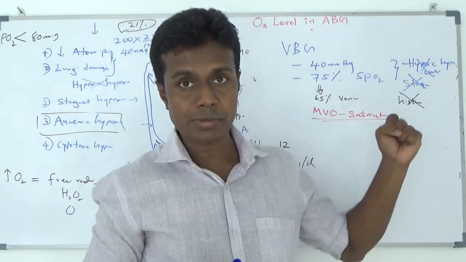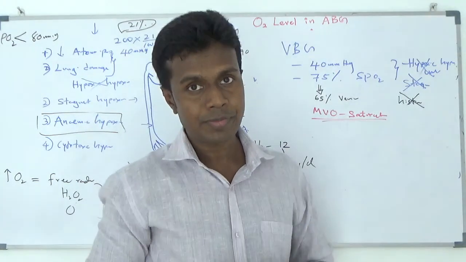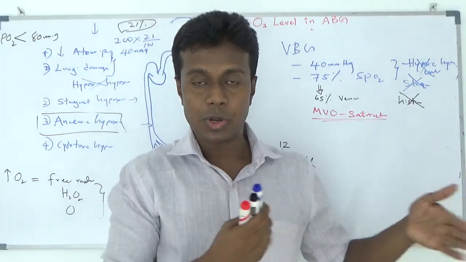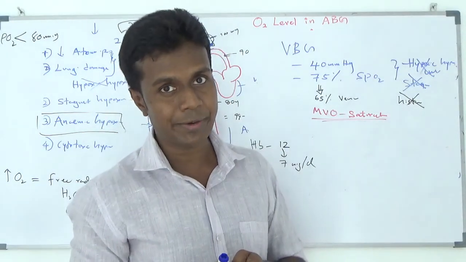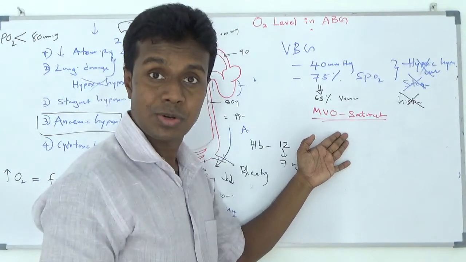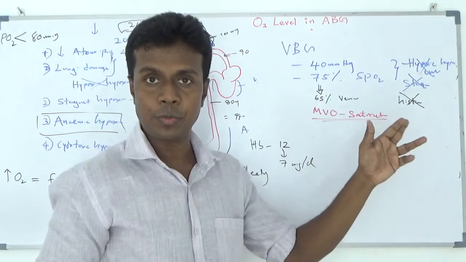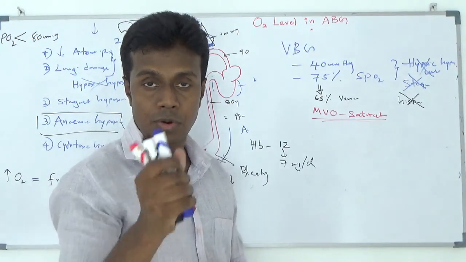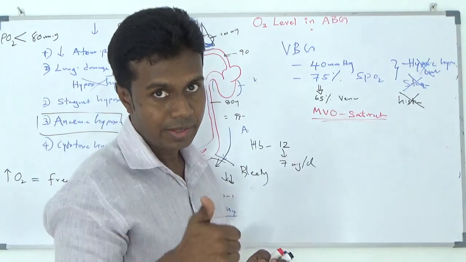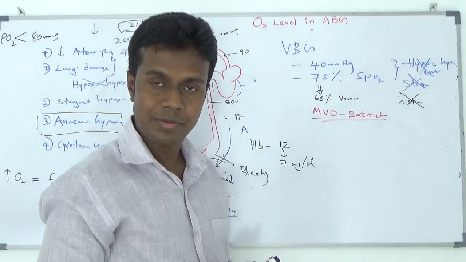For the amount of oxygen increase, you have to go through the iso-shunt line. If you want to reduce the oxygen amount, again you have to go through the iso-shunt line. You know what happens in the mixed venous oxygen. If it is less than 65 and blood pressure is okay, and you are providing enough oxygen, the only reason for low oxygen is less hemoglobin. You have to give blood.